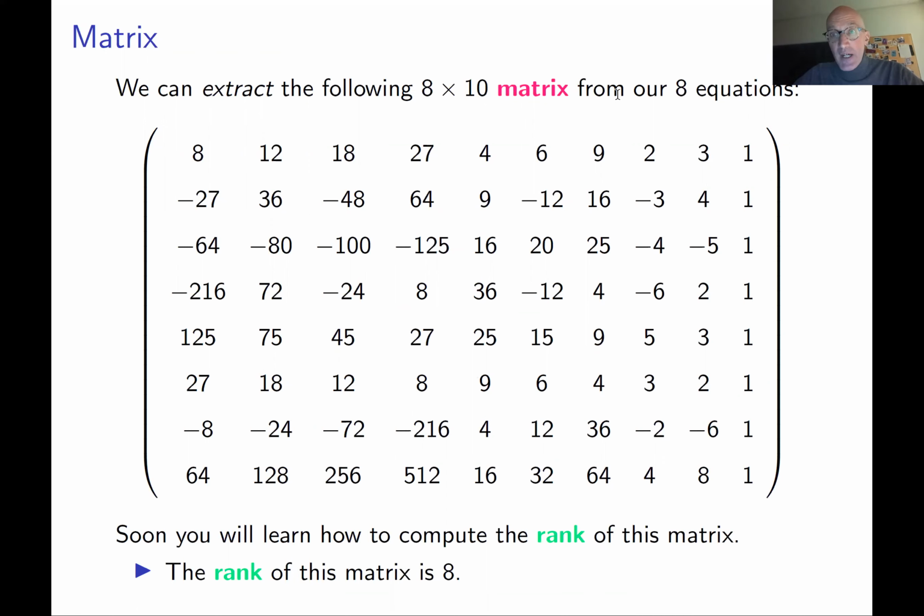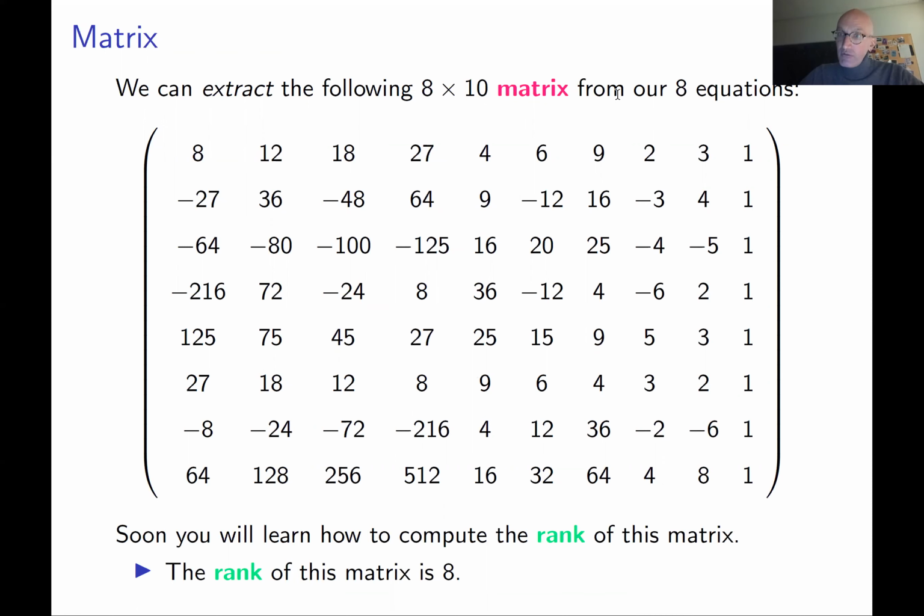We had 8 equations, but who knows, maybe one of those equations is a sum of 2 others. Then, in this case, you don't need this equation, you can get rid of it. But this computation, the fact that the rank is 8, tells you that all your 8 equations are important. You cannot get rid of any of them. All of them are important. None of them is redundant. So this is what rank is.